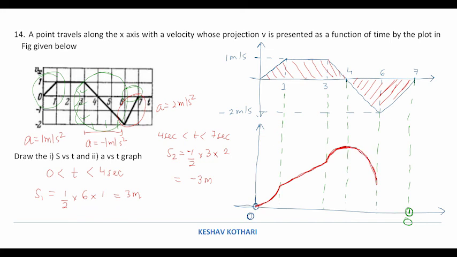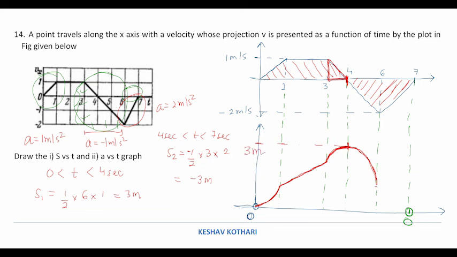So in this part, the displacement was still increasing while the particle was decreasing its speed. Once the speed becomes 0 over here, the particle changes its direction of motion and starts coming back. So the displacement starts decreasing from the t equals 4-second mark, and this is the point where the displacement is maximum, that is 3 meter.